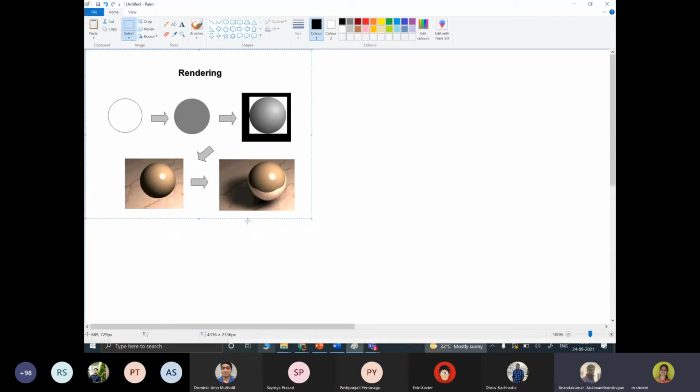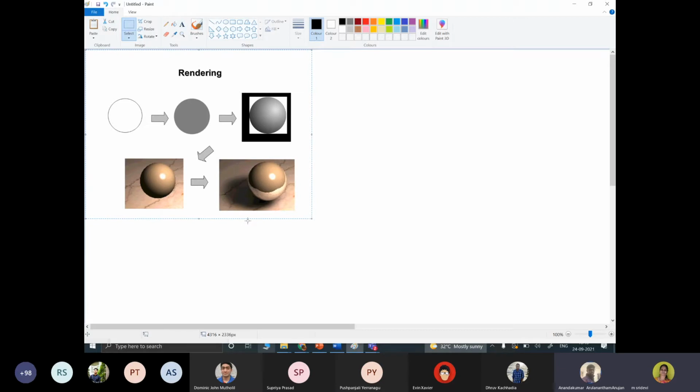So rendering is a process. I am giving you a definition. Rendering is a process of generating a photorealistic or a non-photorealistic image from a 2D or a 3D model. With the help of computers you can get this. There are different tools or different software available to do this rendering process: Unity, 3D Max, Maya. Different software is available for making this rendering concept. So probably next week we will be starting our tools. In that we will discuss more.